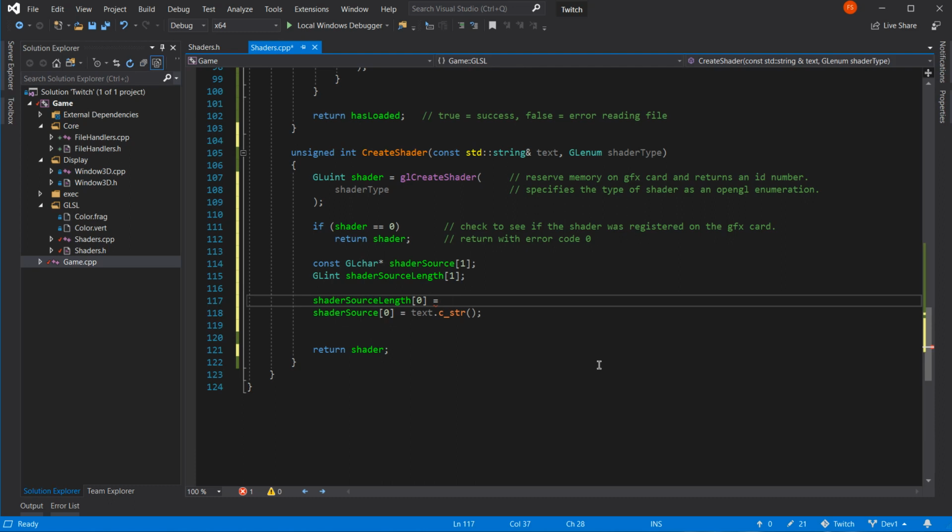It's text, but it isn't. We need a static cast. This is another problem with it all. And I want it to a GL int. GL int. Open brackets, and it is text dot size. That should be right.